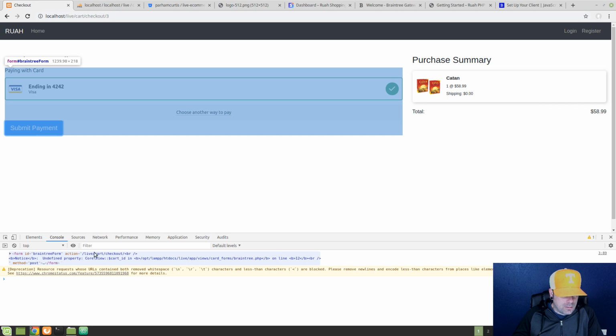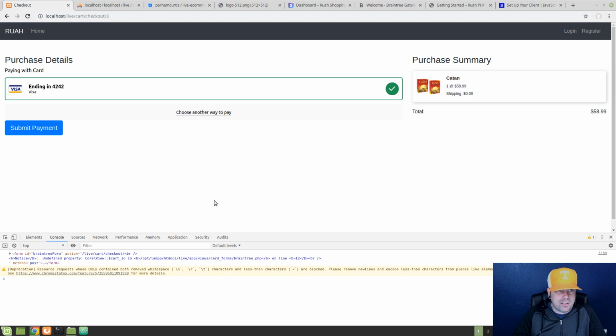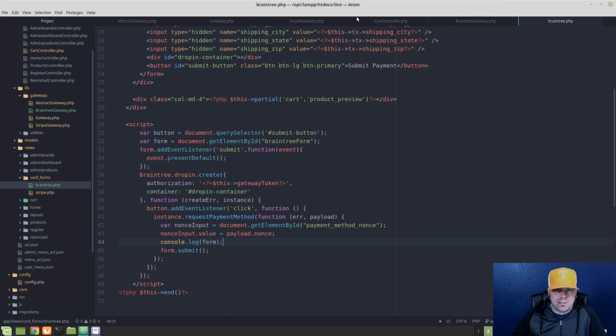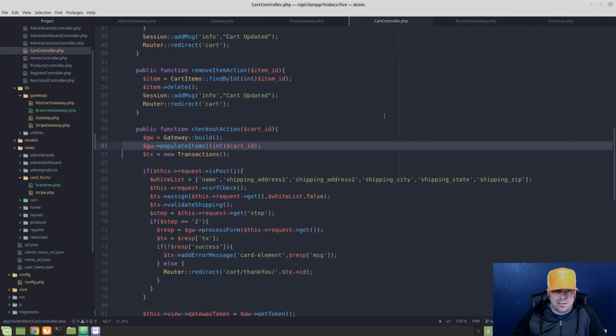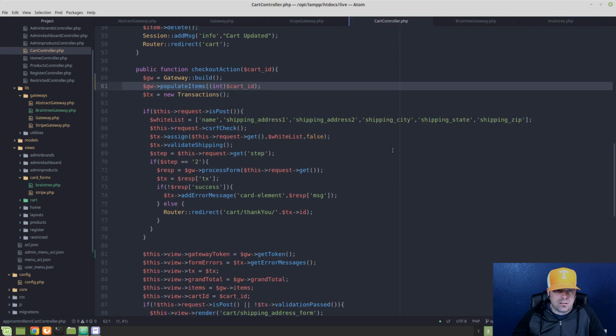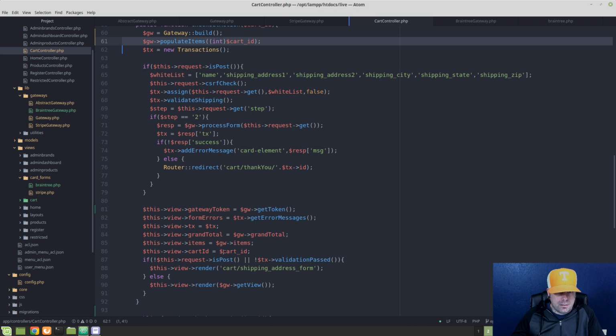we have a problem in the action of our form. We have an undefined property core view cart ID. So we're not passing cart ID. That's what the problem is, more than likely, which is an easy fix. And all we need to do to fix that is go to our cart controller and